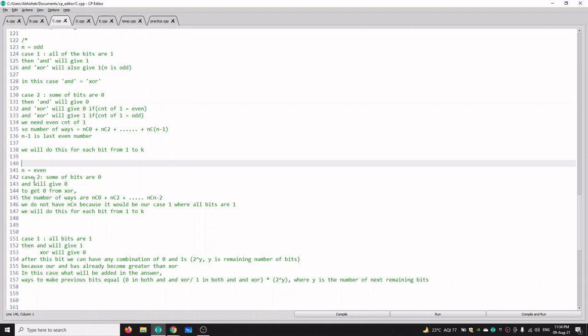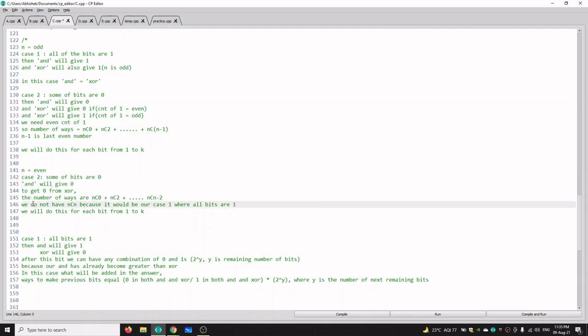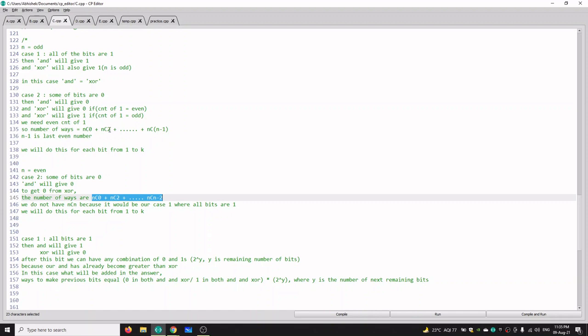So let's first discuss our case 2 in which some of the bits are 0, because this case is a little bit easier. Our AND will give us 0, and the number of ways in which we can get 0 from XOR are nC0, nC2, up to nC(n-2), because we have discussed earlier the number of ways of taking an even number of ones from the n numbers in the ith bit.